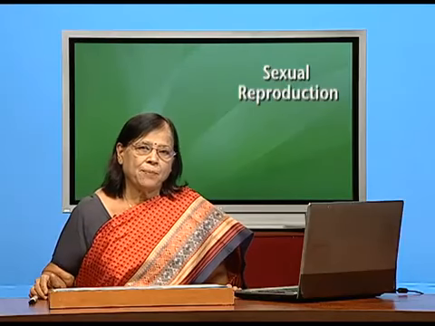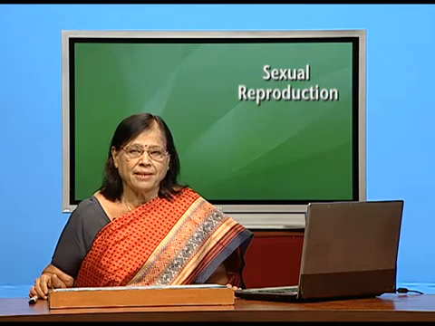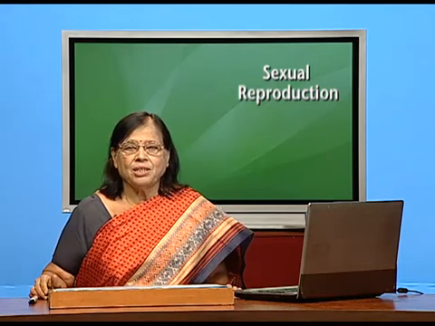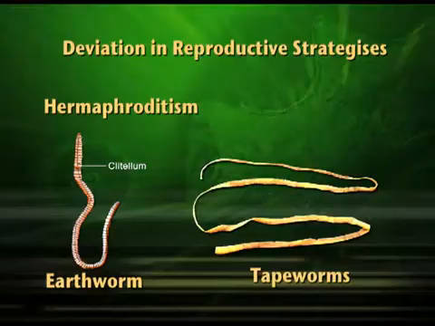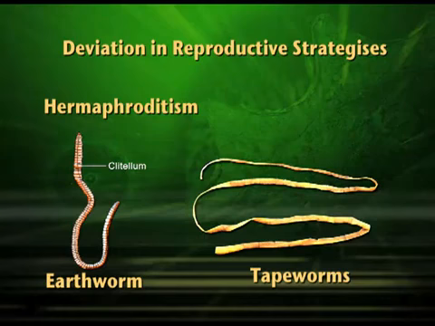Before I go into the detail of sexual reproduction, I would like to tell you certain deviations in reproductive strategies. One deviation in reproductive strategy is hermaphroditism, in which both the sexes are present in the same body. For example, earthworm, tapeworm. Earthworm has testes as well as ovary in the body, hence producing sperms as well as ova in the same